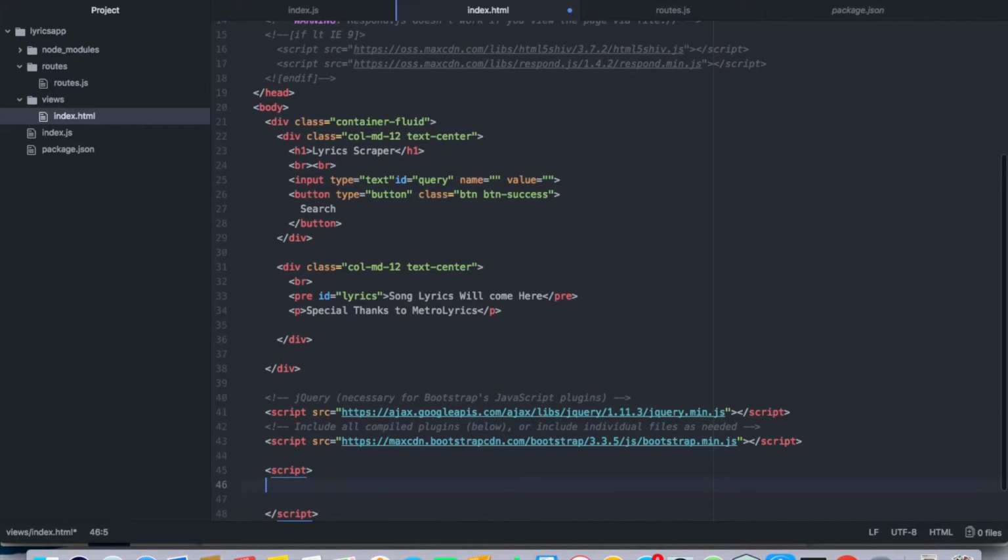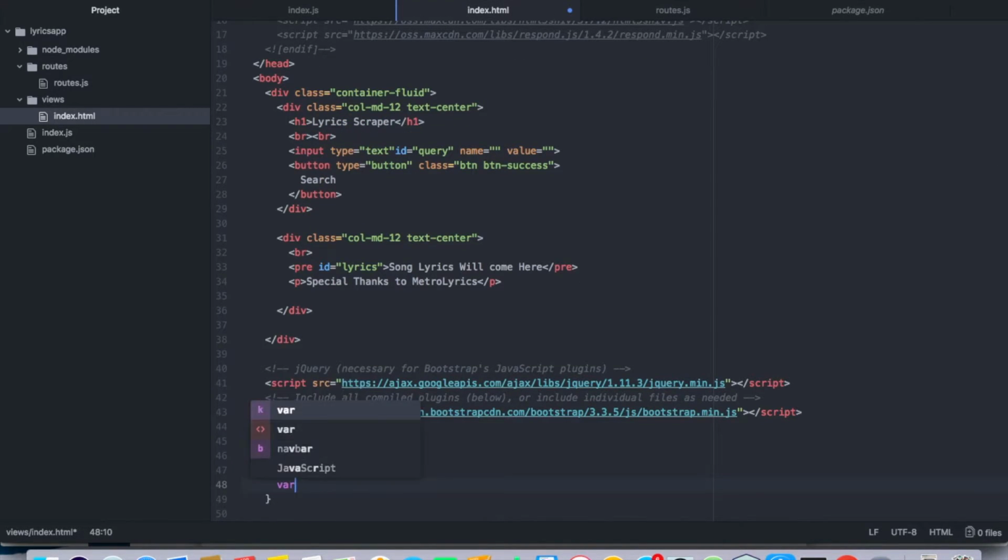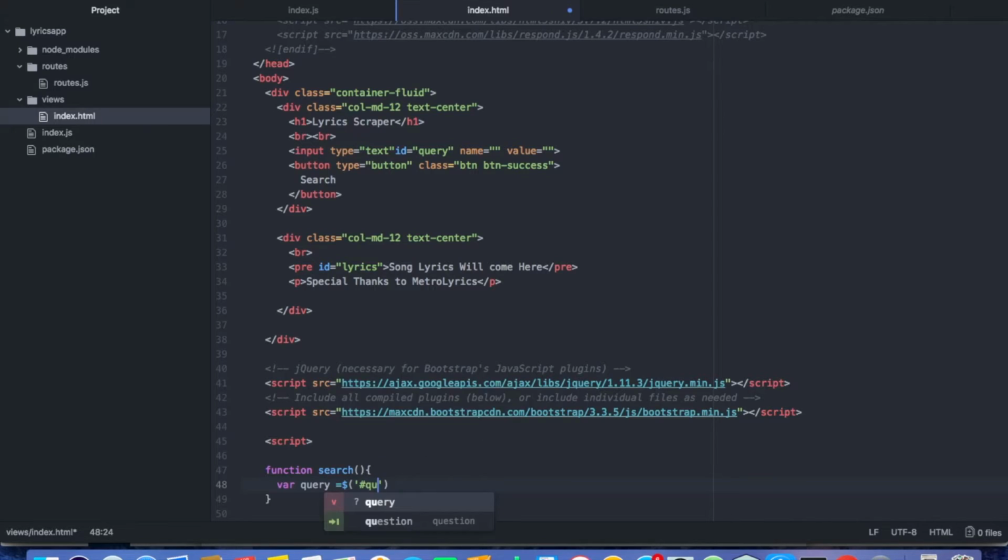It is function search, that I will call on the on click of the search button. In the search function, query is equal to $('#query'), that is the input field. We are getting the value of the input field that I will write, that is basically the name of the song